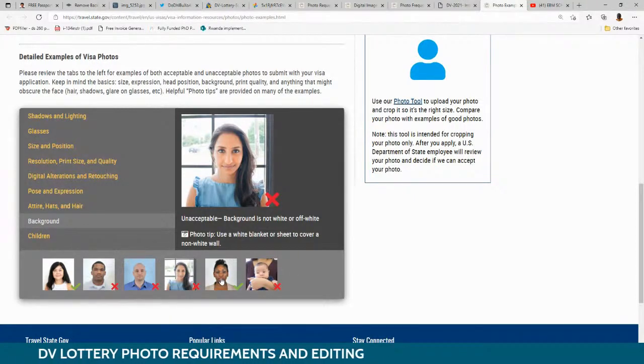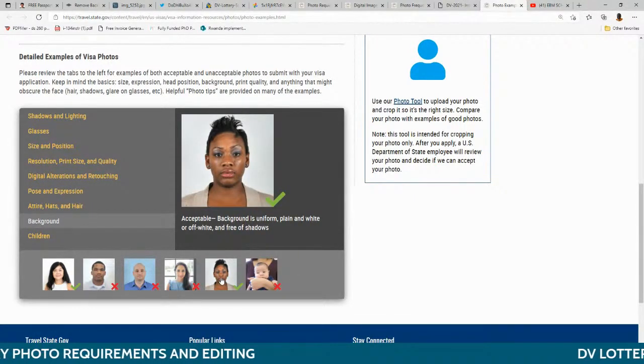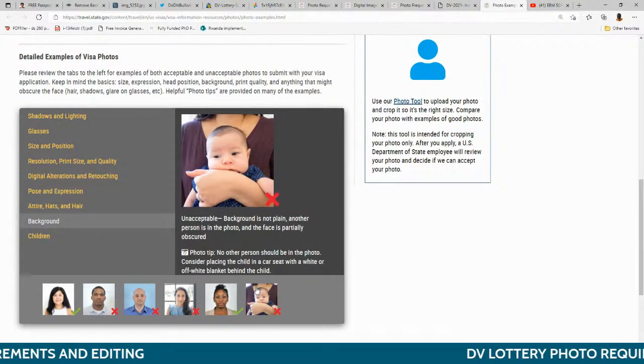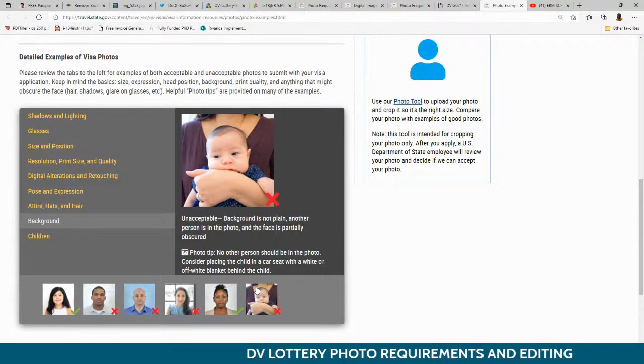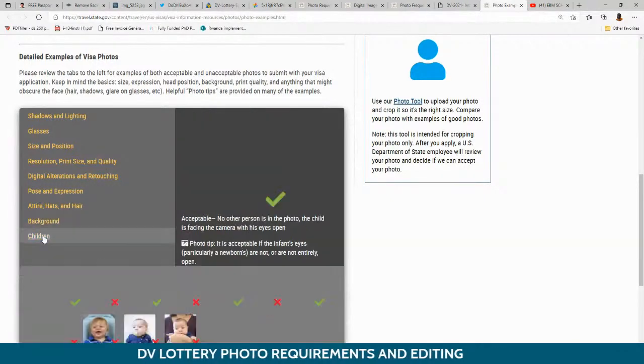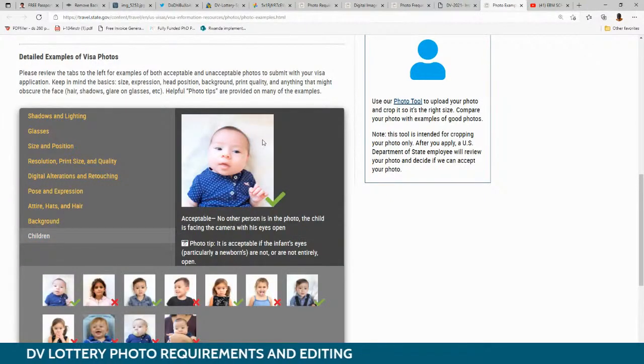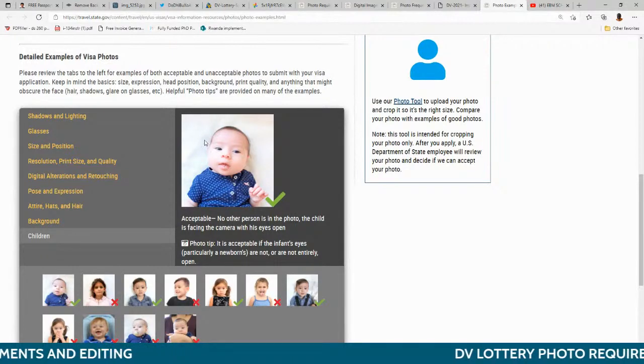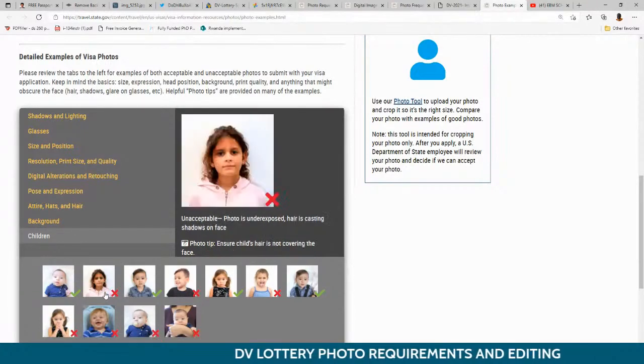There is a window. This one is correct. This one is not correct. You can raise a child in a way that you are not going to be seen in the photo. So for the children, this is correct. The children, you see, even if you don't see the other ear properly, for the children they allow that. This one is not allowed because the